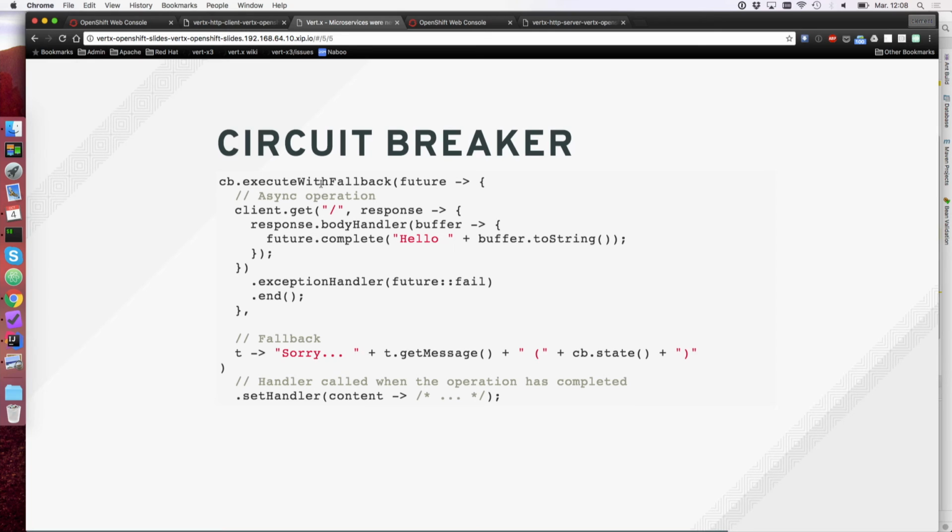So I execute some operation with a fallback. For example, an HTTP call. And if everything's fine, I say, okay, I'm done, so I just complete the future that was given here. And if anything bad happens, I just say fail. And if it fails, then I just say sorry. That's all. So if I call that,